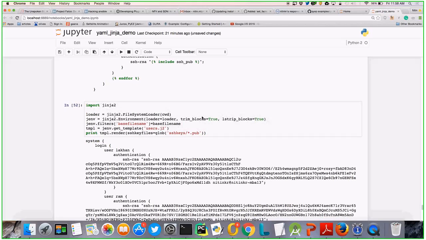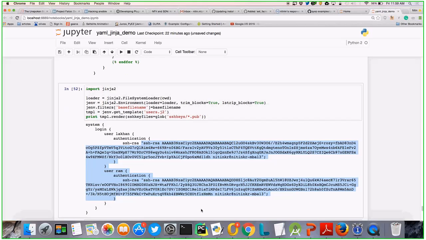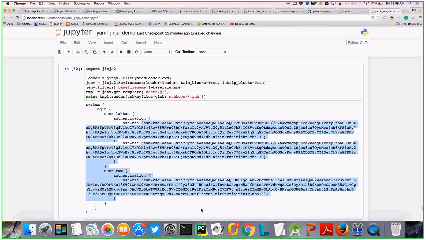So you can see SSH, RSA, and that authentication keys are being pushed out here. Right? So you can get content from your file and post it in your template also.